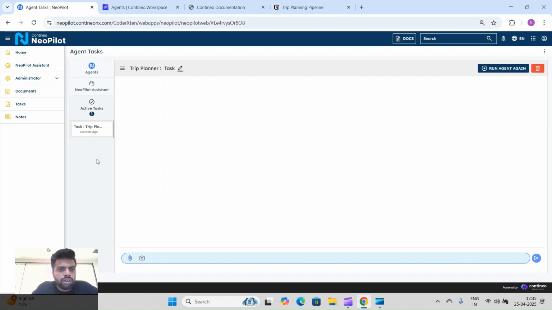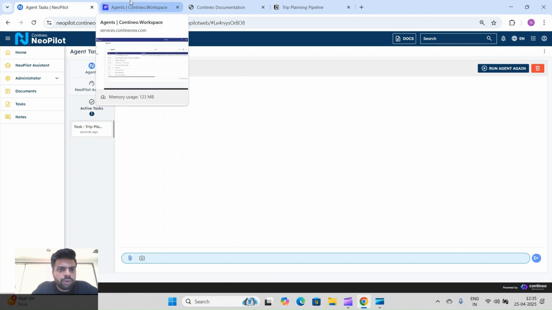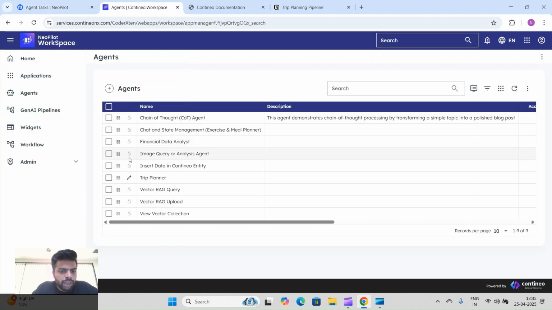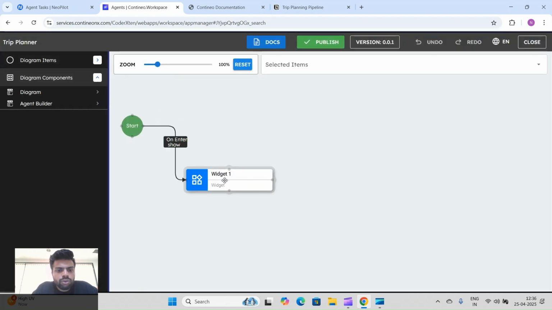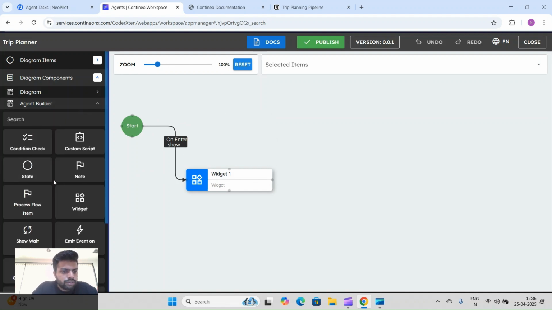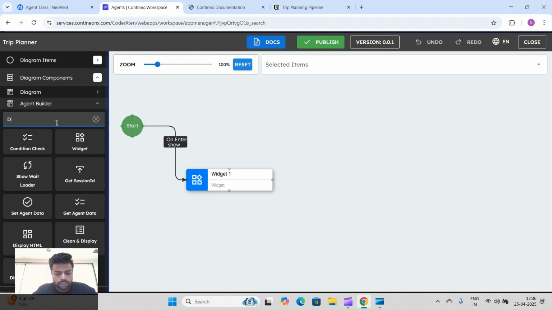After that, we will go with our further development of our agent. Then we'll come back here. We'll click on this pencil icon, and then we will again click on this designer box. So now, as I said, we are building a travel planner agent. So first, let's ask the user for his destination and the number of days he's going to travel. So for that, we will have to show a message to the user asking for these things. For that, we have one component called display message.